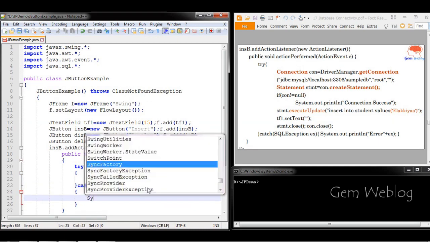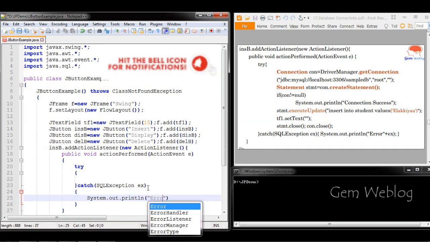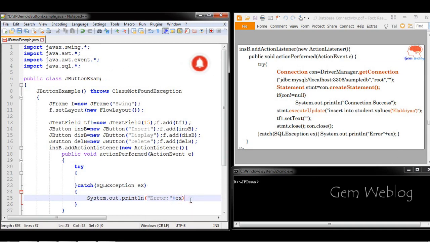Just inside this, we are going to display the error in the console. Whatever error we get, we are just displaying it on the console. Now we will enter into the actual code for the insertion operation.